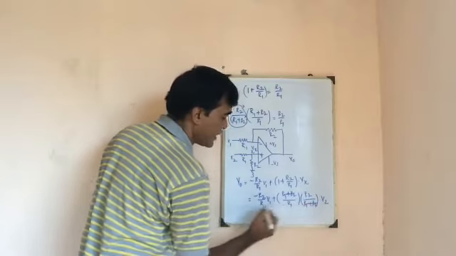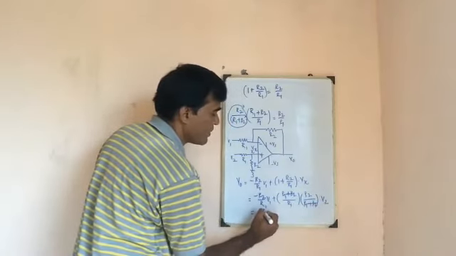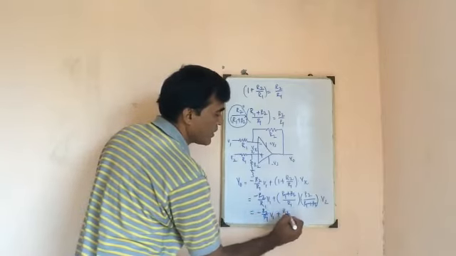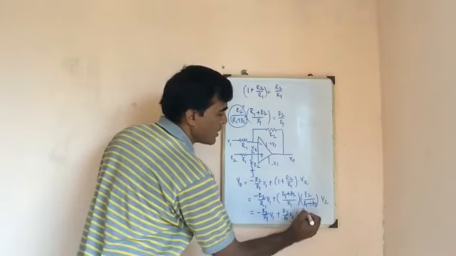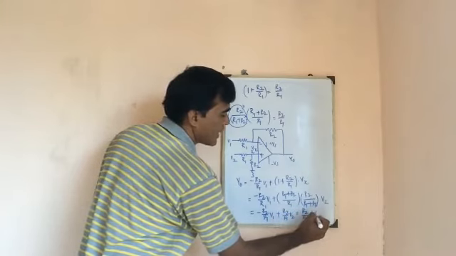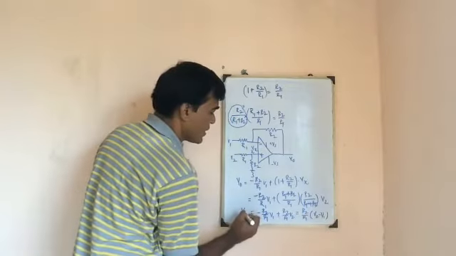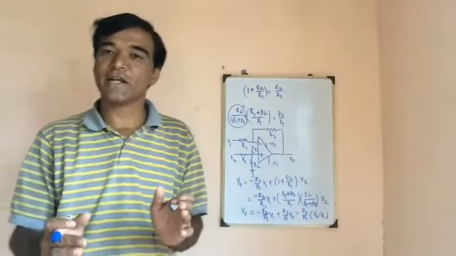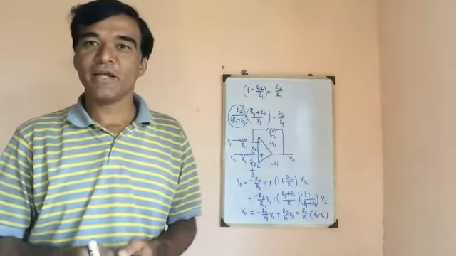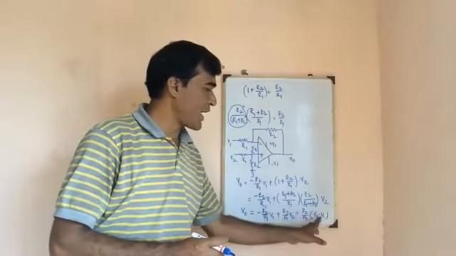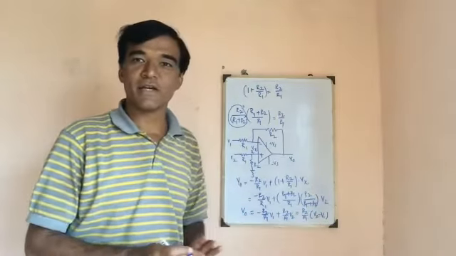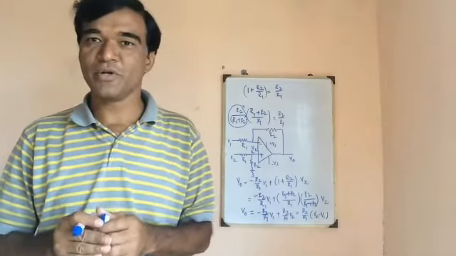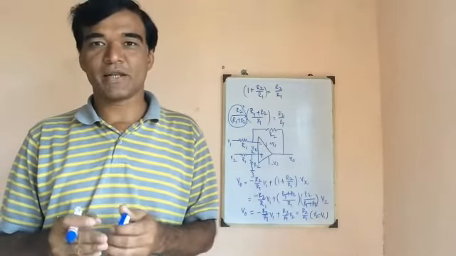So these two terms get cancelled, and I will get the expression equal to minus R2 by R1 V1 plus R2 by R1 into V2, which can be written as R2 by R1 inside the bracket V2 minus V1. So here the output voltage is directly proportional to the difference between the voltages. Hence I can say that it is nothing but the differential amplifier. In other words, this particular circuit subtracts V1 from V2. Hence I can call this the subtractor also. This is nothing but the differential amplifier or the subtractor circuit. In the next class, we will see some other application. Thank you.